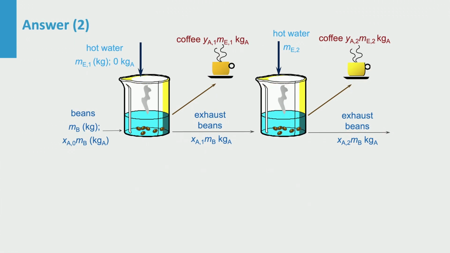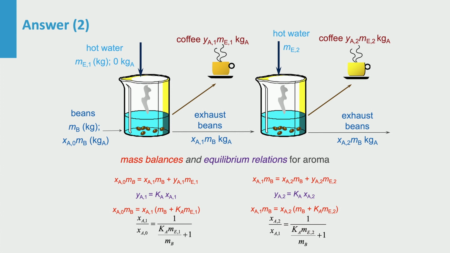To understand better where the aroma, so compound A, is going, we can use the equilibrium equations in the mass balance per extraction stage. That we can solve, and it gives us the same form of equation in each stage. It tells us for each extraction stage the fraction of aroma that stays in the beans and may be lost, for example, Xa1 over Xa0 for stage 1. This fraction depends on the amounts of beans and hot water in this stage and the partition coefficient. Now we have a mathematical translation of coffee extraction.